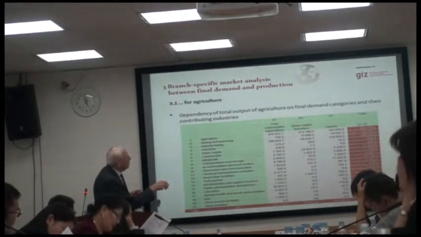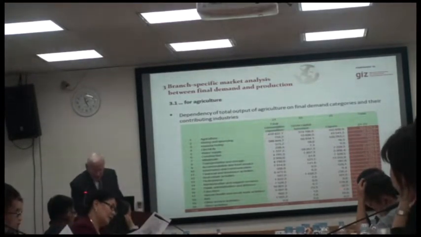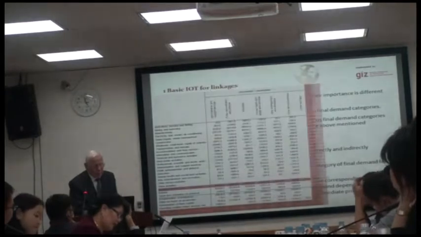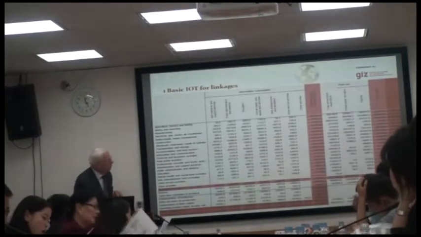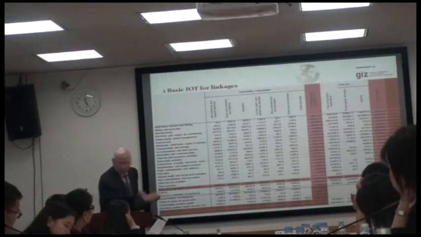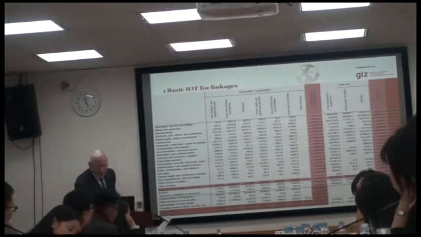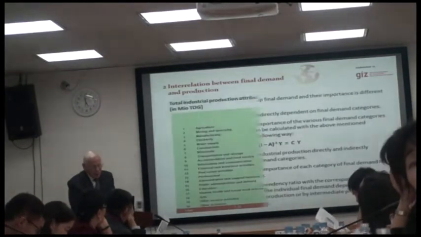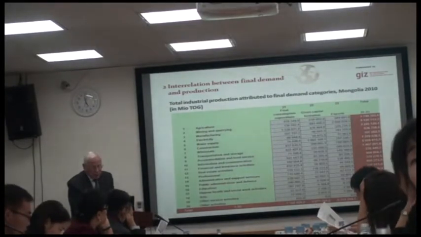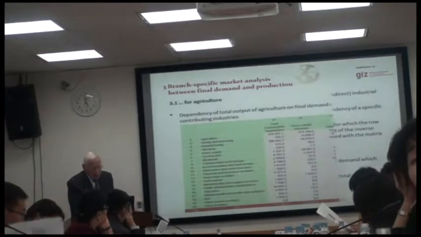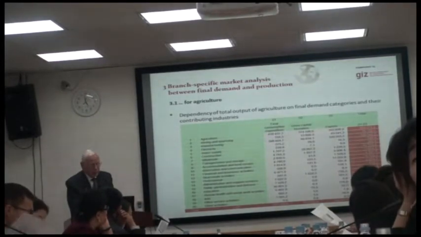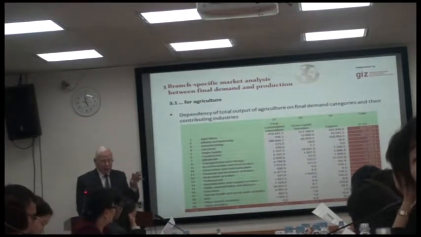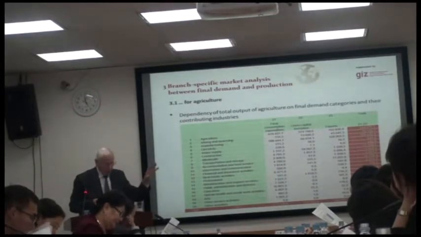Let's try to identify this figure here, 419. Let's go back to our original input-output table. There we also have a delivery of agriculture to private consumption. This figure, 369,740. Now we have a higher figure for agriculture directly. I must go to the market analysis. We have now 419,437. If you build the difference, you see there is also for agriculture an indirect effect, a low one, because